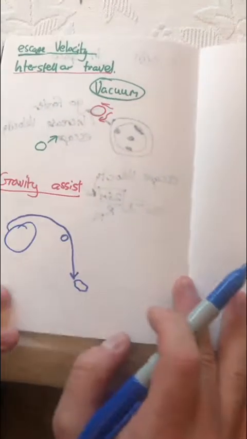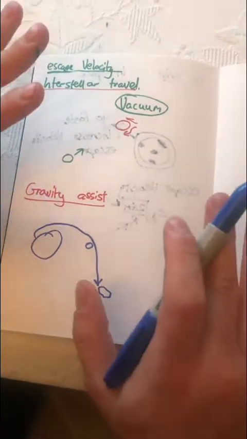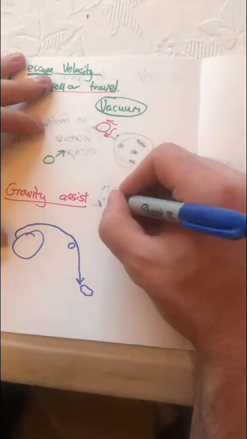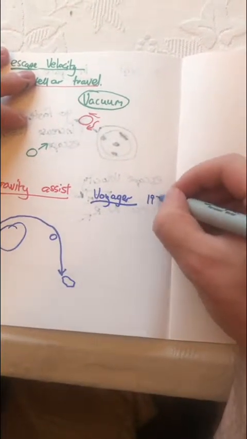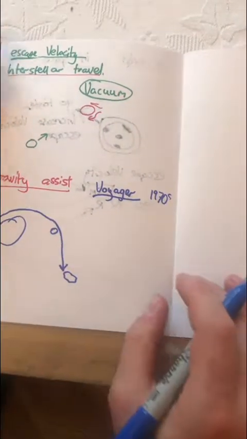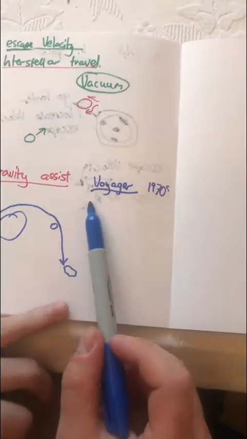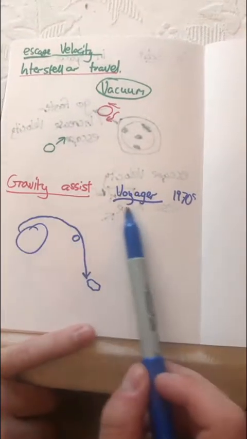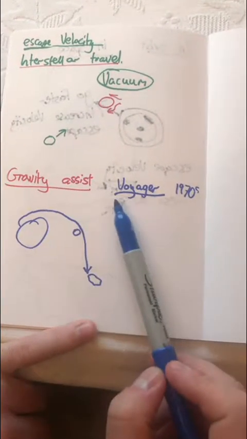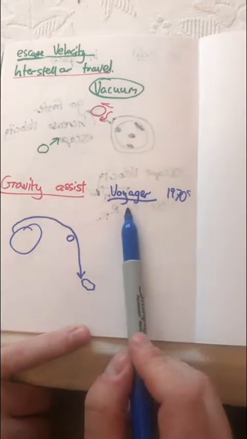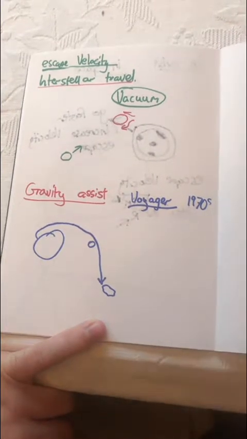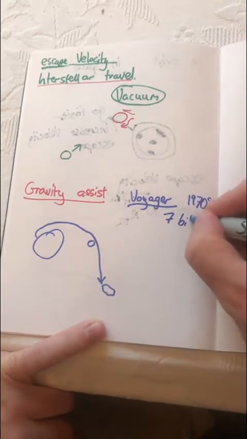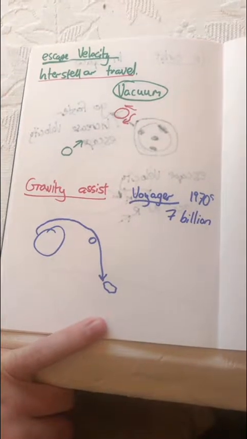The two most successful and coolest operations that humans have ever done using gravity assist, I think, is the Voyager program. Okay, so Voyager set off in the 1970s. Okay, you had Voyager 1 and Voyager 2. And both of them have travelled all across the solar system, so all the way past Pluto, and it was so successful that they just kept it going. And so far, Voyager has travelled 7 billion kilometres. It's currently out in the